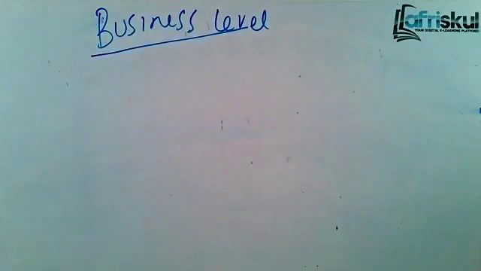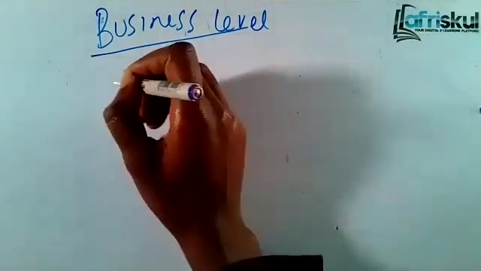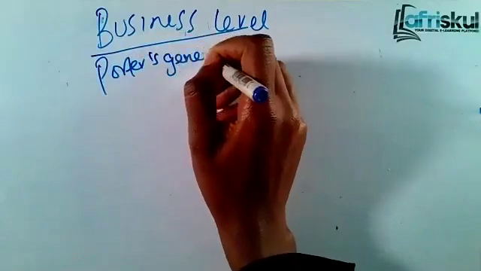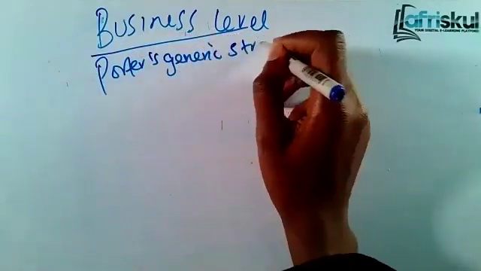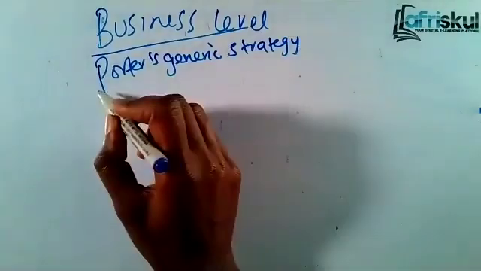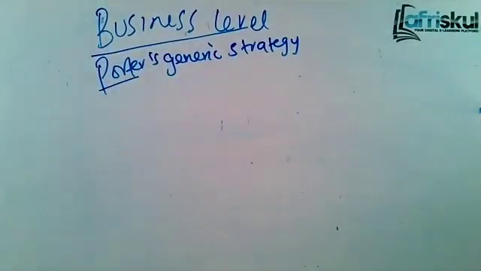And we are now at a single business unit. This person is not deciding the business of an organization as a whole. That's the work of the corporate level. At the business level, decisions are made for a single business unit to gain a competitive advantage. And the tool or the model we use is Porter's Generic Strategies. Note that Porter is a scholar of strategic management, and we are going to use him a lot.